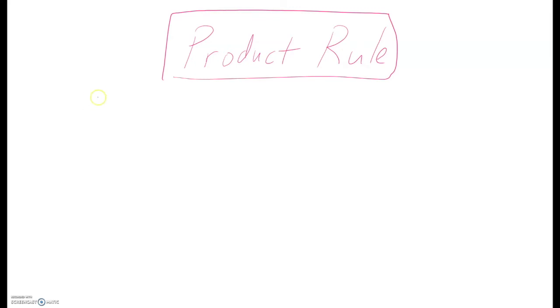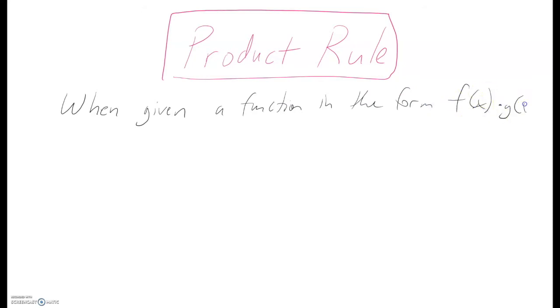In this video, we're going to take a look at a differentiation rule called the product rule. And how the product rule works is when given any function in the form f of x times g of x, so two functions of x multiplied together, the derivative of this function f of x times g of x will be given by